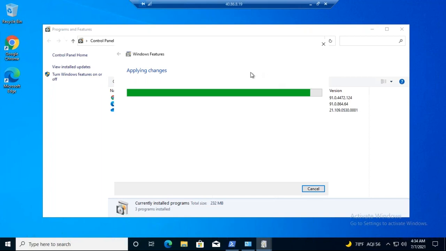Let us wait for 2 minutes because it has to install many components that are related to IAS.